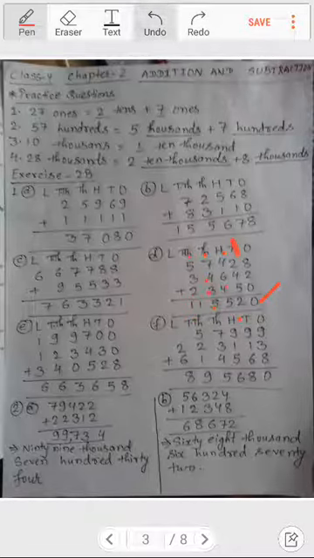If you see question number E over here, that is also the same addition. Here it is 0 plus 8, that is 8, and 0 plus 3 is 3, 3 plus 2 is 5. Now 7 plus 4 is 11, 11 and 5 is 16, so 6 carry 1. 9 and 1 is 10, 10 and 3 is 13, 3 carry 1. 9 and 1 is 10, 10 and 2 is 12, 12 and 4 is 16, 6 carry 1. So 1 and 1 is 2, 2 and 2 is 4, 3 and 3 is 6, so it has been written as 6 and no number in front. So this is how to solve.